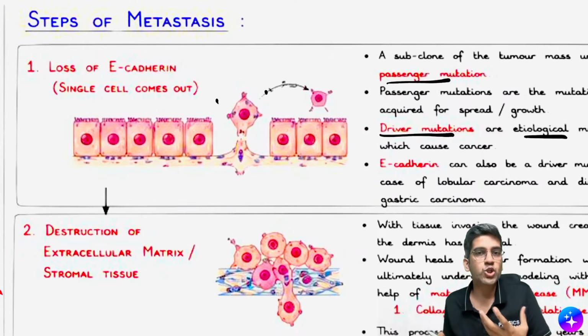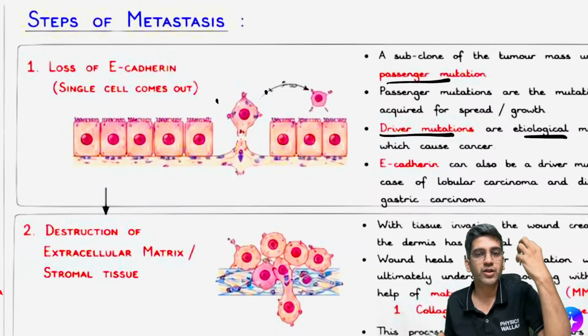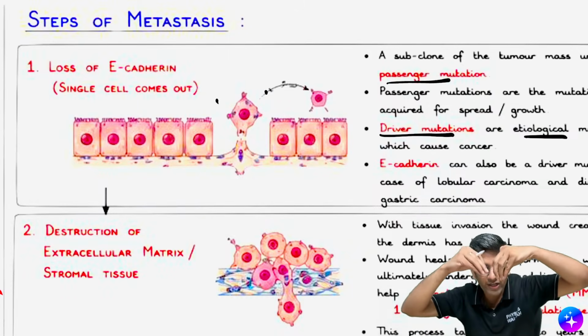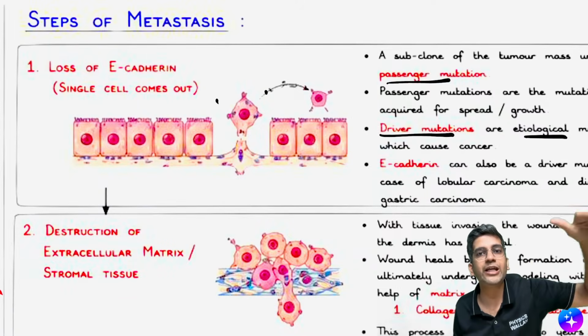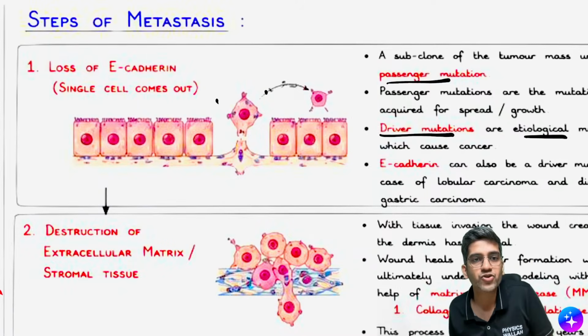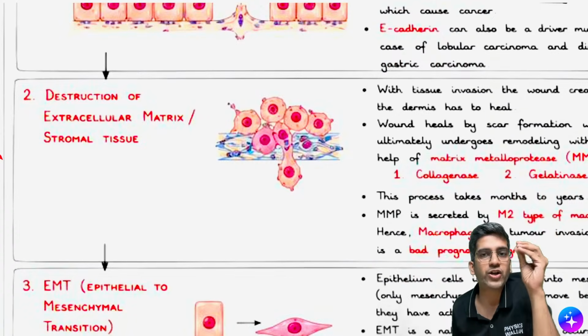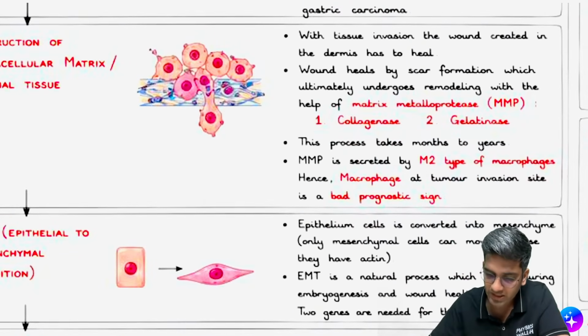So once E-cadherin is lost, it's free to move. Once it's free to move, it is going down, where there is lots of matrix material. I have to destroy the stroma, only then can I go to the blood vessel or lymphatic, right? So that's the second step, destruction of the stroma or extracellular matrix. Once there's tissue invasion,